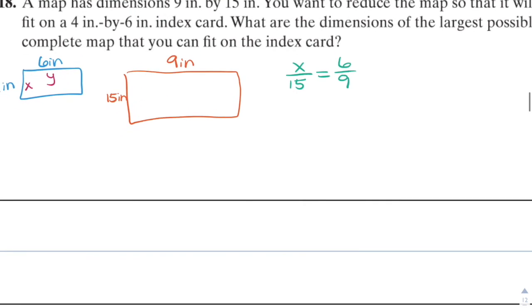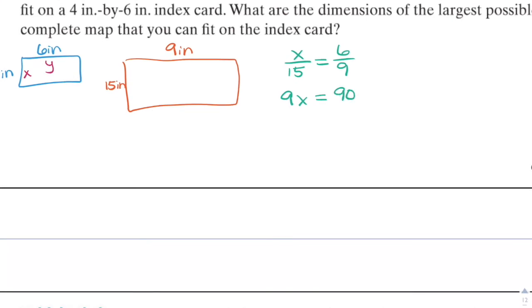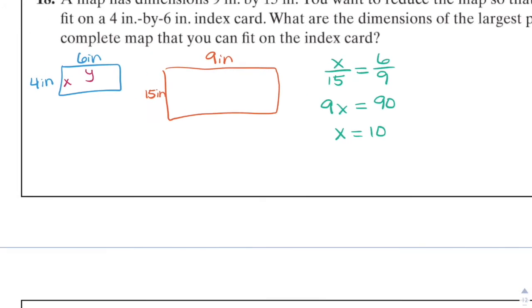So we get 9x equals 15 times 6 is 90. Divide both sides by 9, x equals 10. So in this case, by shrinking it, x,